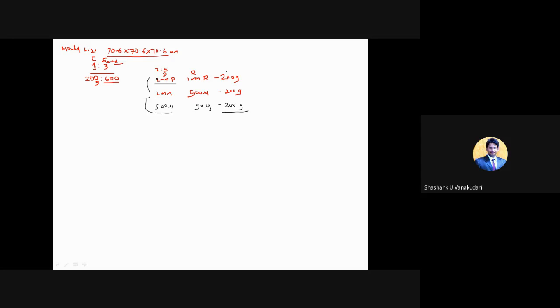Understand? So this 600 grams we can take this way: 2 mm passing, 1 mm retained, 200 grams; 1 mm passing, 500 microns retained, 200 grams; and then 500 microns passing, 90 microns retained, 200 grams. Total it is 600 grams. Clear? So now you need to take 200 grams of cement and 600 grams of sand, and then find out the water quantity.